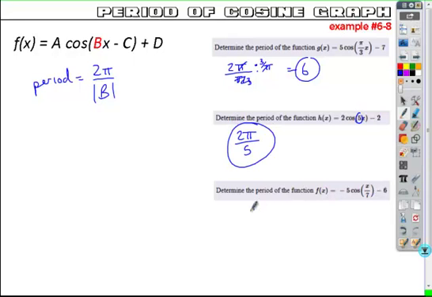And then finally here, 2 pi divided by, here the multiplier in front is 1 over 7. Multiply by the reciprocal, and you get 14 pi. And now, in each of these cases, if you were looking to sketch, so let's say we come back to